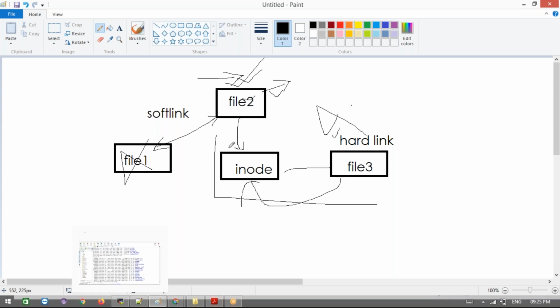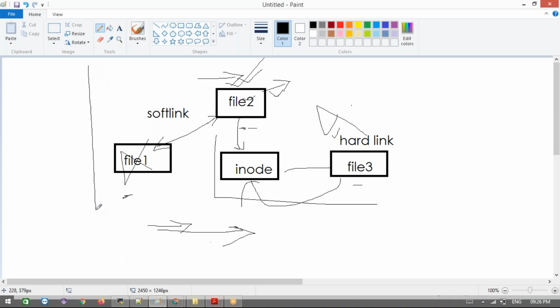What is the purpose of the inode? Sharing the data between the files. If I write some data here, it will appear here also. If I write data here, this data will be found here also. The data will be the same way here. Basically, there is some resource we are going to hit. Simply, in simple words, we can say this.